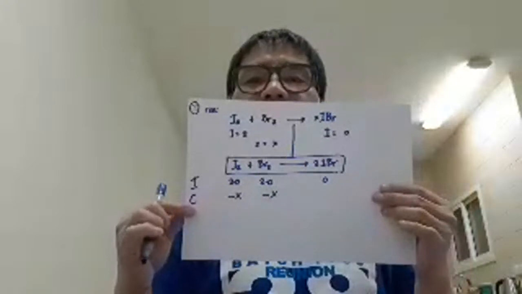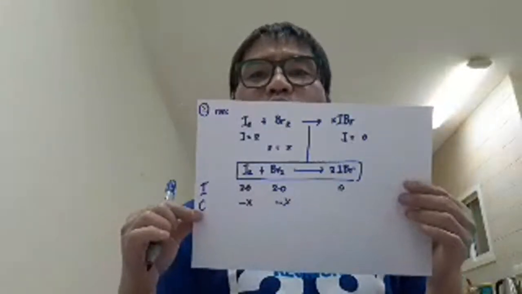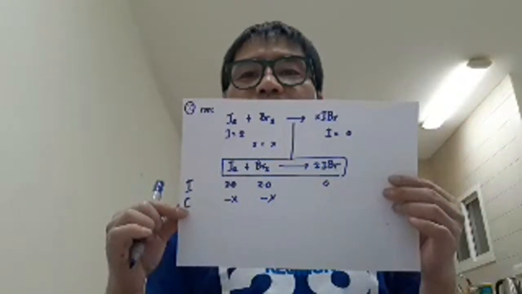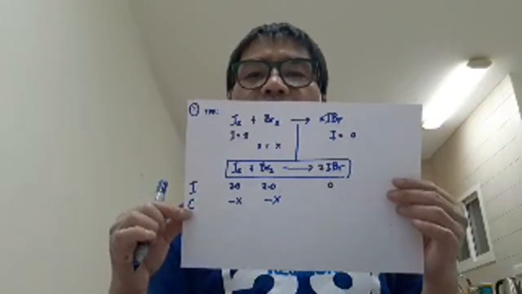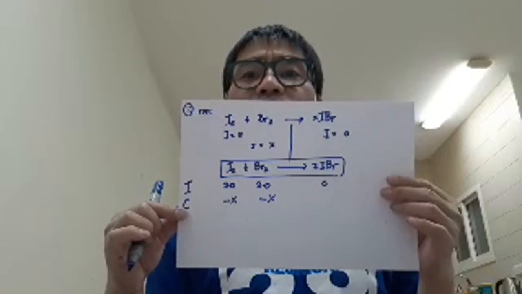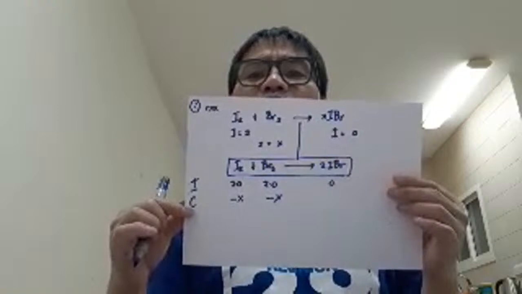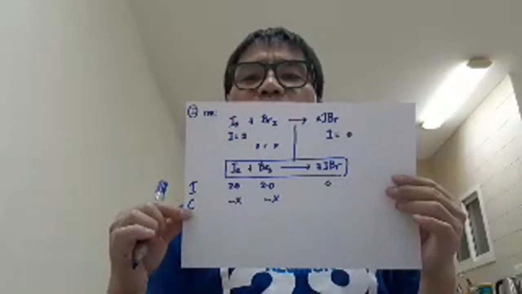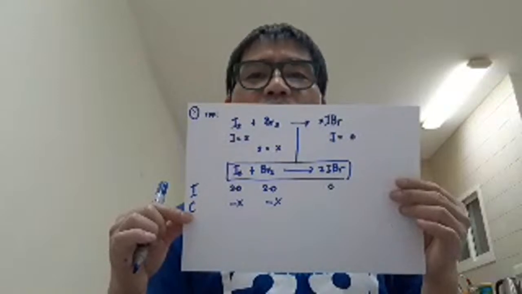And then changes. So let X be the molar concentration of the reactants and of the product. So 2 minus X, sorry, minus X, and then here minus X, minus X, because there's no coefficient beside I2 and Br2. If there is, for example, if there is a coefficient in I2 which is 3, then you need to put minus 3x, like that. But no, that is positive 2x, because